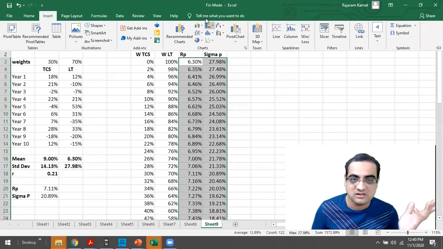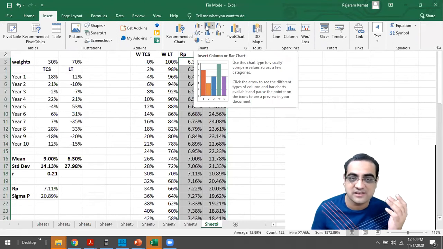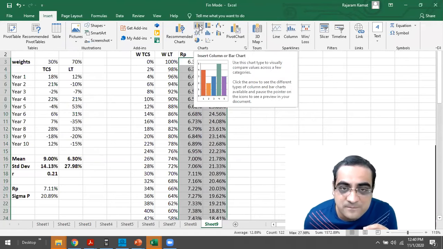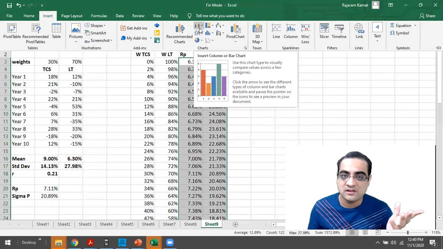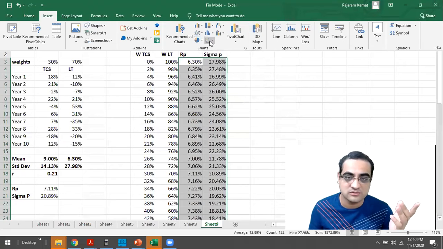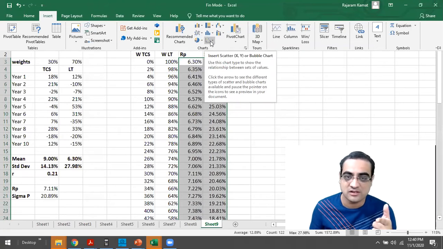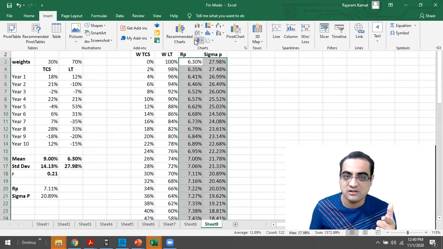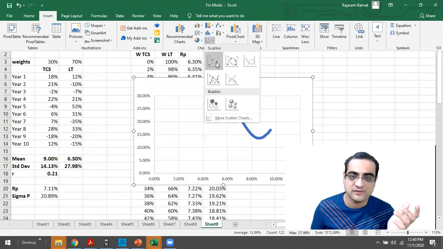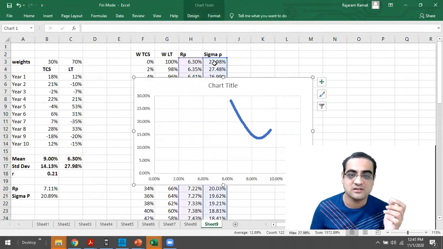Okay, from these I'll be selecting the dot chart, which is this one. This bar one is what we call a histogram. The one below it is called a scatter plot, or the dot point. So I'll insert the scatter plot, in the third row, just beside the bar and pie chart. I'll click any of these, any would be fine. Let me click this one.